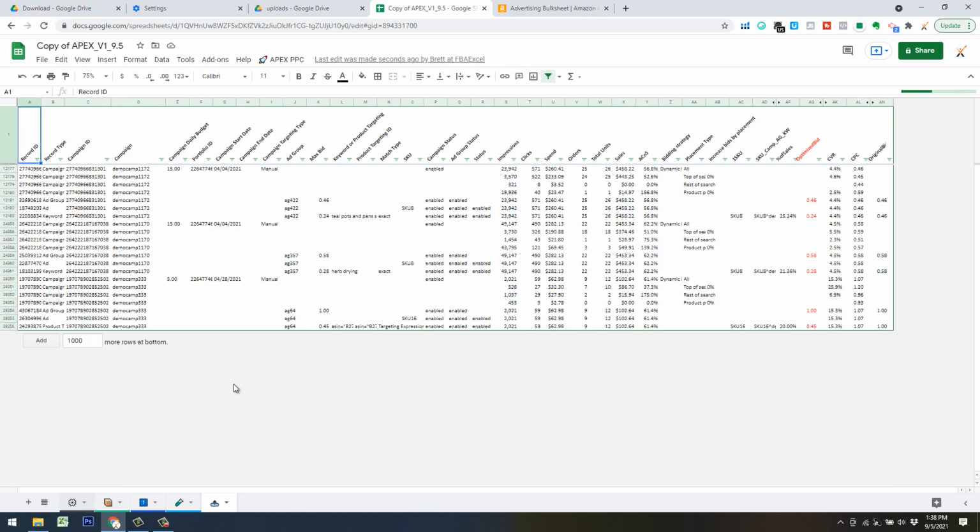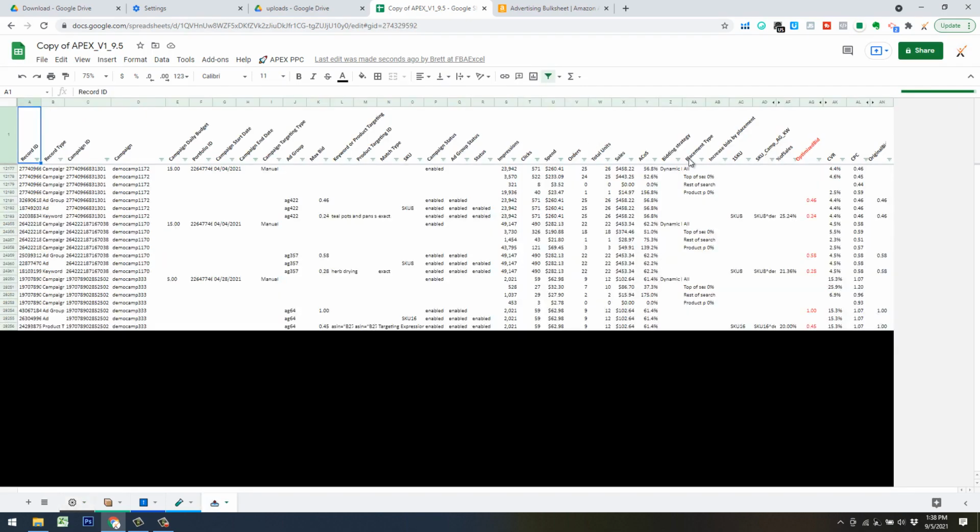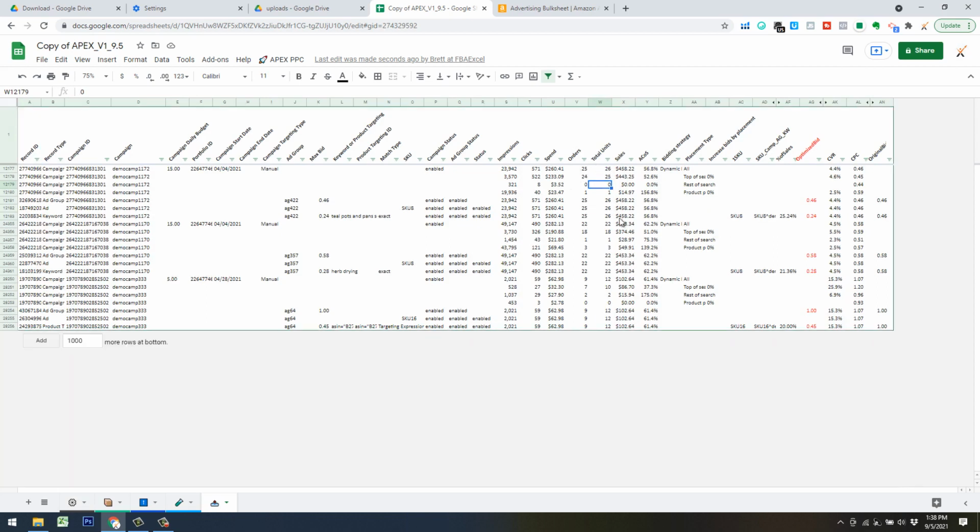So if we go back here, we can see what it's telling us. Any of the top of placement filters is going to be 2 times the orders against the second placement, which would be your next highest placement for orders, and greater than a certain order threshold. So if we go back here, you can see everything for the top of search we clicked on. If we look, our top of search rows are going to be the second, third, and fourth. So these 3,